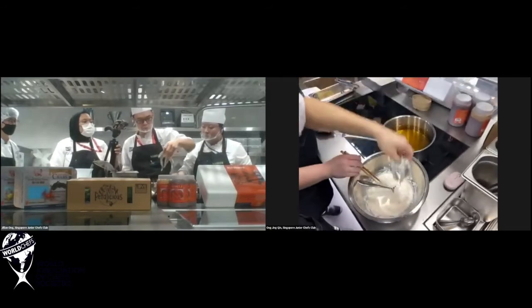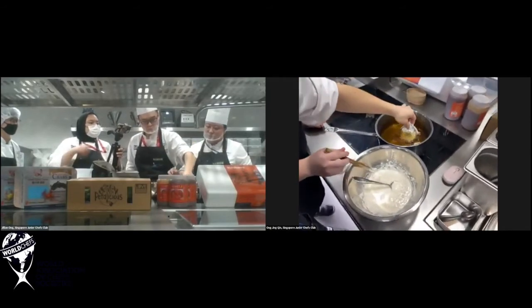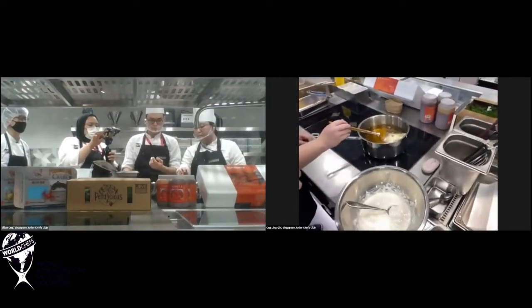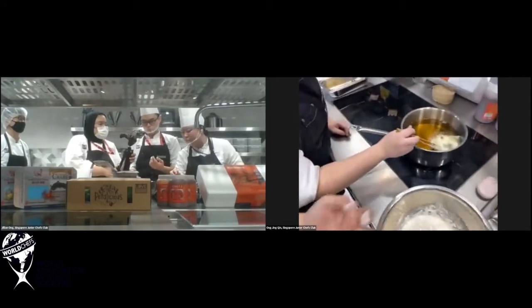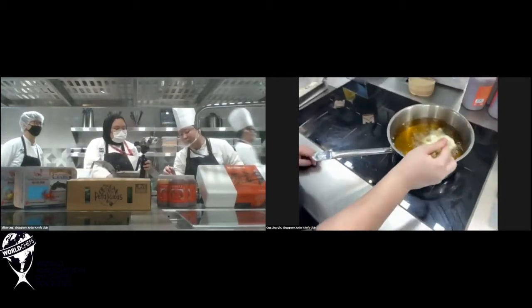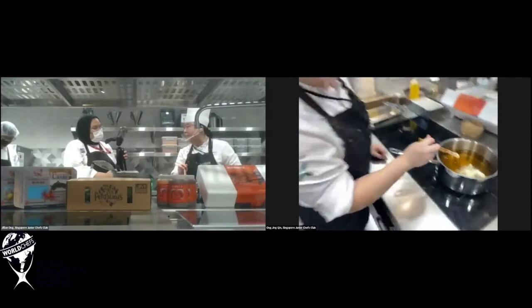And then in we go into the oil, and then just lightly drop it away from yourself. You can see that actually the batter has already cut up very nicely. So that is the effect of using ice